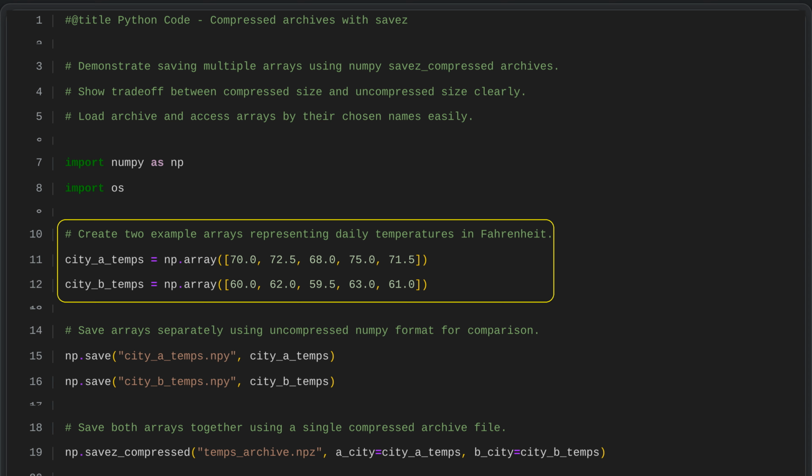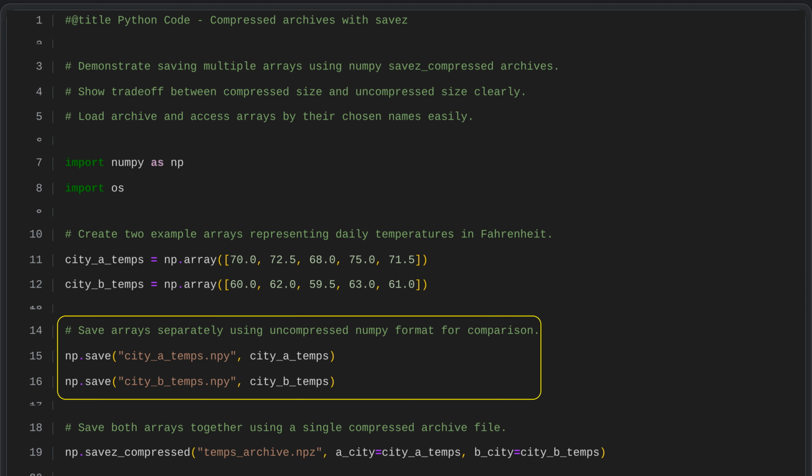compresses information. We store the temperature data for city A by using a save function that writes the array to an uncompressed file called cityatemps.npy. We repeat this process for city B, saving its temperatures to a separate uncompressed file called citybtemps.npy. Because these files are uncompressed, they keep the data in its original size. Later, we can compare the sizes of these separate files with a compressed archive to show how compression improves storage